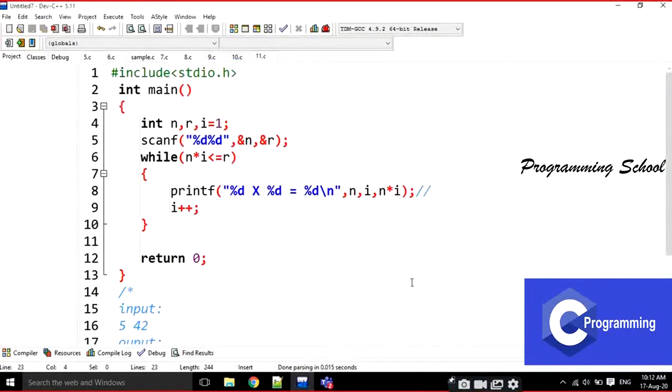Note it down. Both are the same programs and give the same result. No doubt about that.